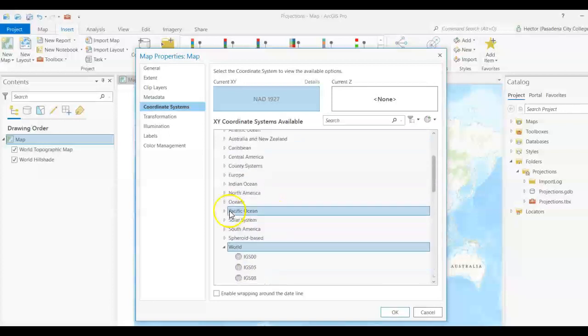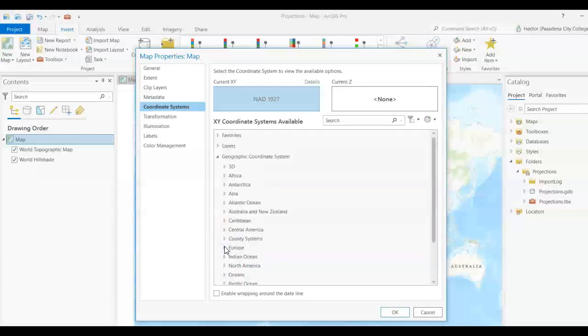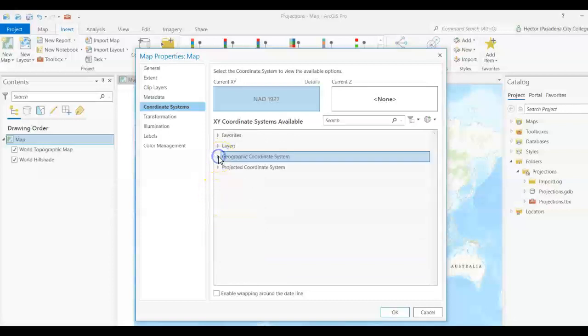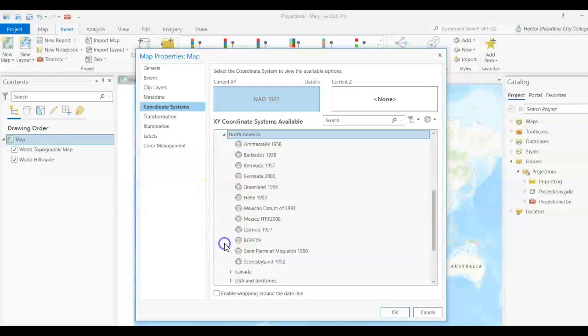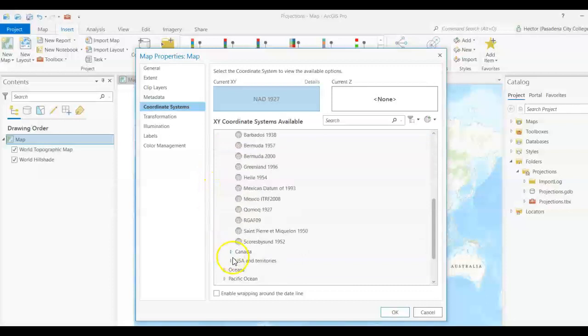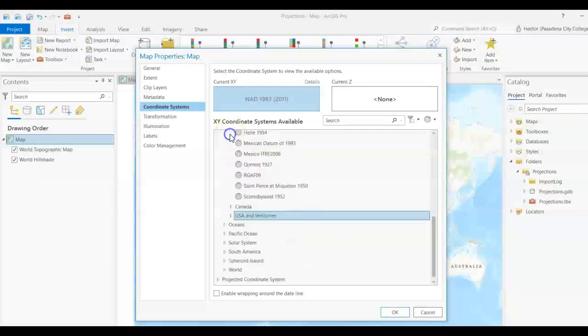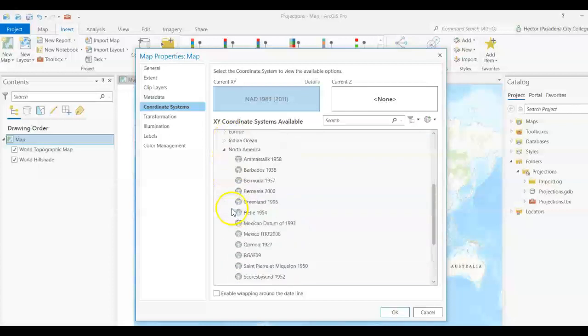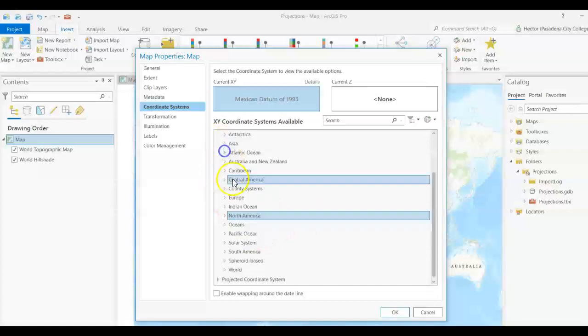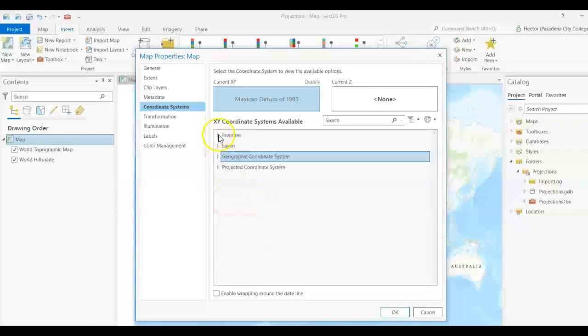I recommend that if you work in a few projects, for example, for this class, we are in the United States, so we're going to be working with North American datums. What I recommend that you do is that you save to your favorites some of these datums because you're going to be using them often. So if I worked in Mexico, I would probably have the Mexican datum saved, right? And what you can see here in my favorites,